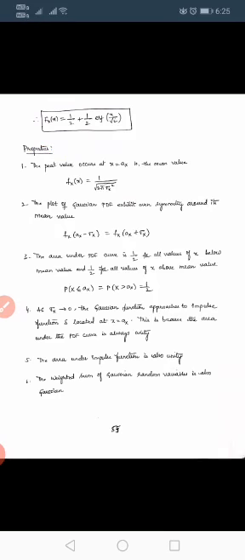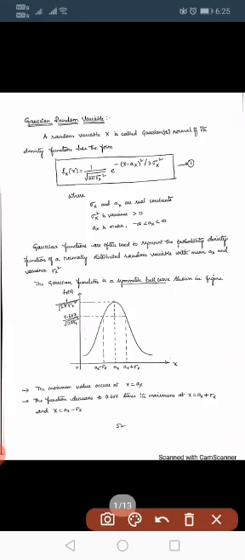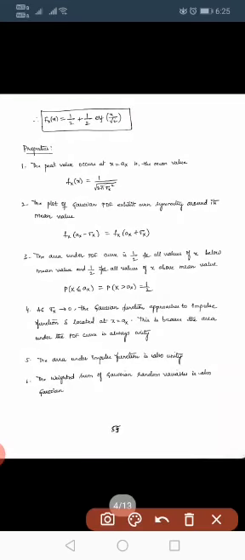So the first property is, we know that the Gaussian distribution function or Gaussian density function curve's maximum value appears at the mean value ax, and it has an amplitude of 1 by square root of 2 pi sigma x square. So this is the first property of the Gaussian function. The peak value occurs at x equal to ax, that is the mean value. Fx of x equal to 1 by square root of 2 pi sigma x square.